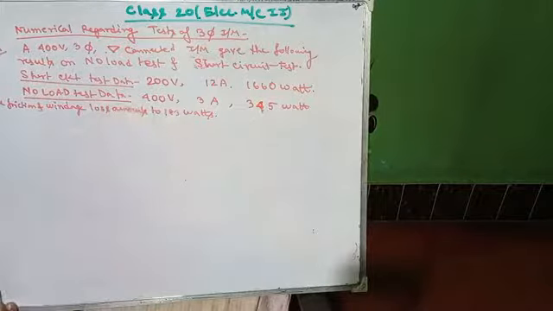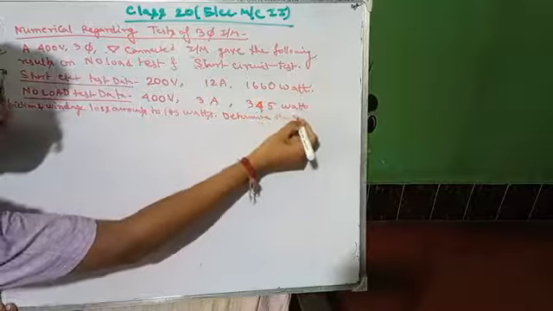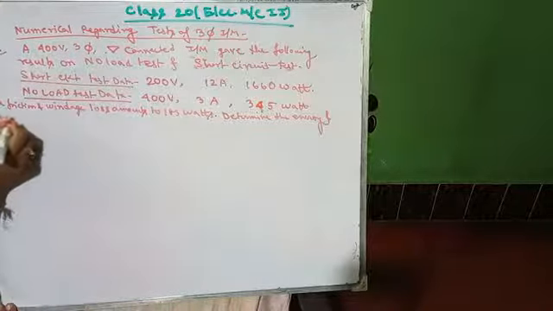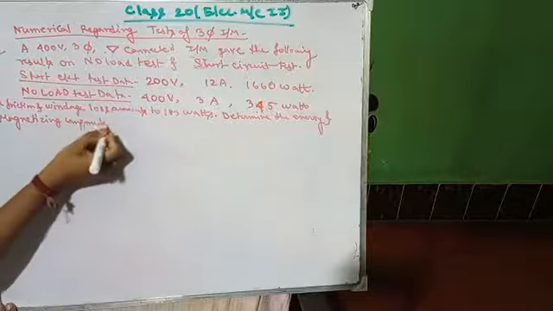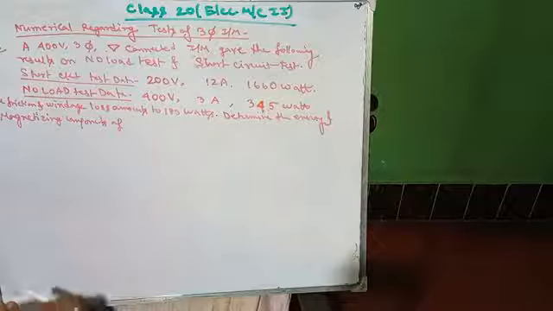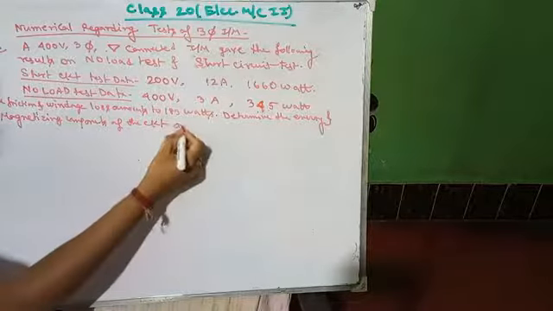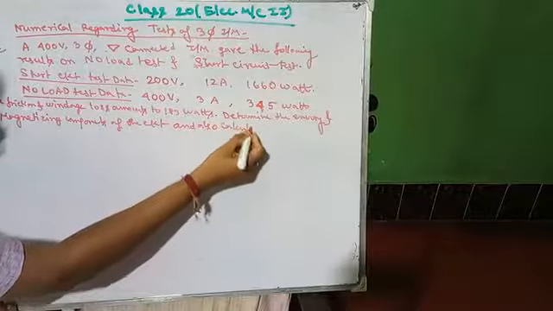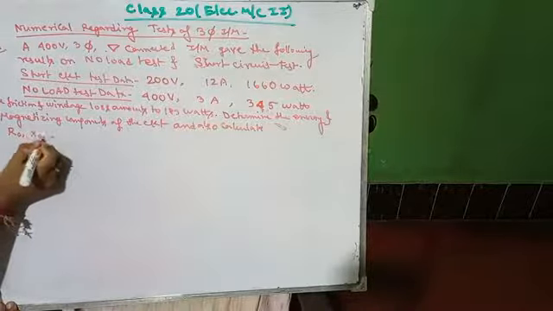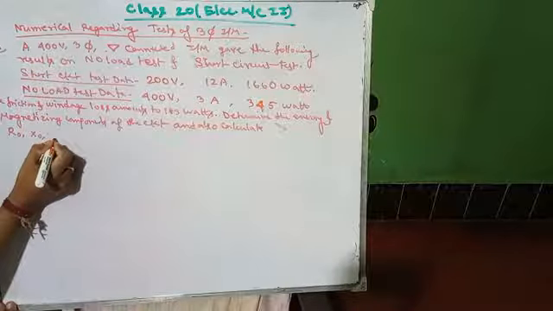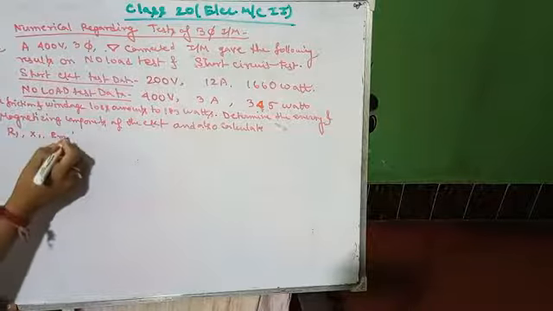Determine the energy and magnetizing components of the circuit, and also calculate R naught, X naught, R1, X1, RM, XM,